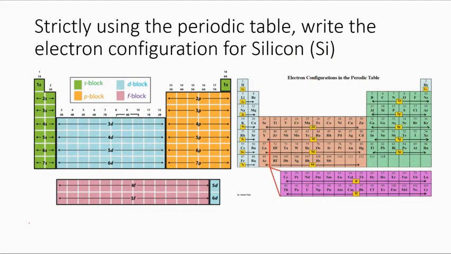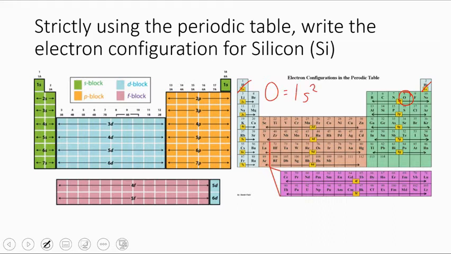What if I wanted to go even more simple? What if I wanted to talk about oxygen? Oxygen has 8 electrons. I'm going to cross the electrons for hydrogen and helium. So for oxygen, I have